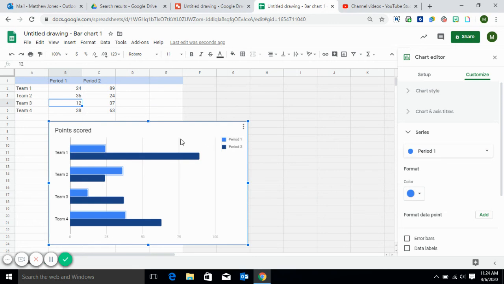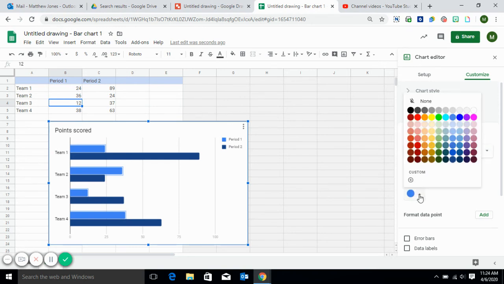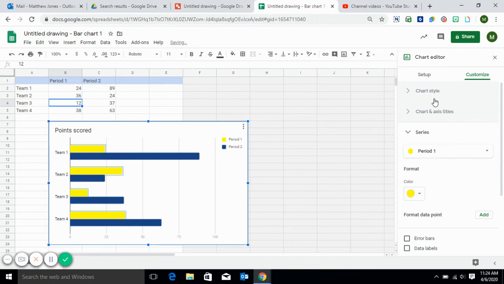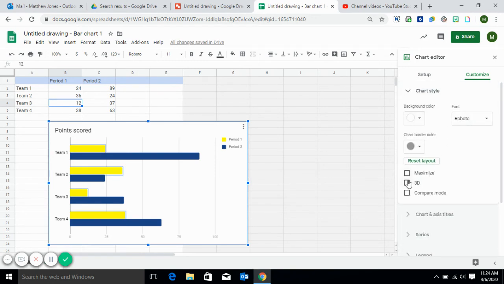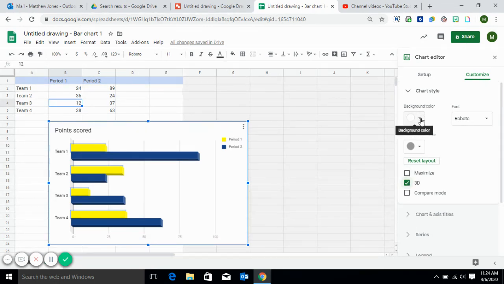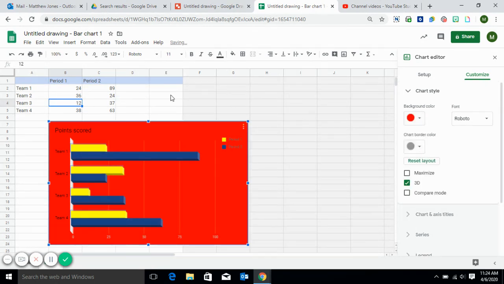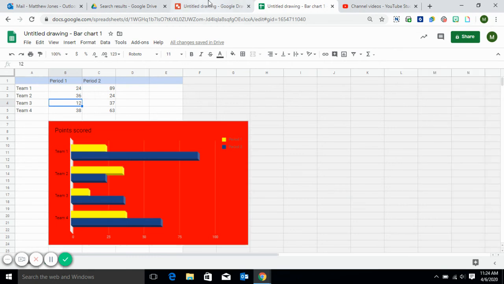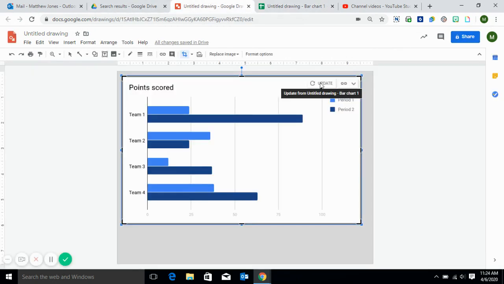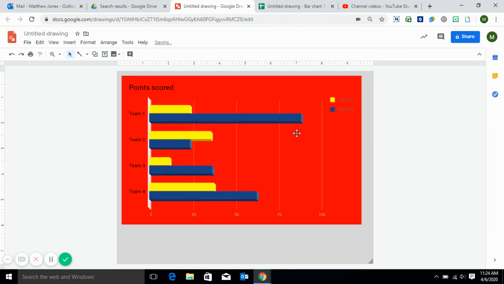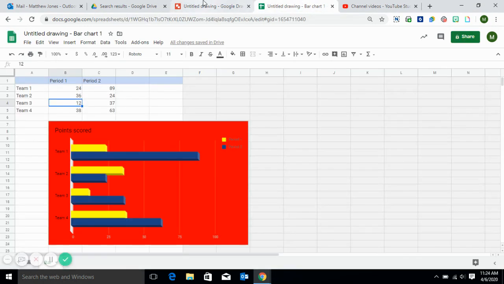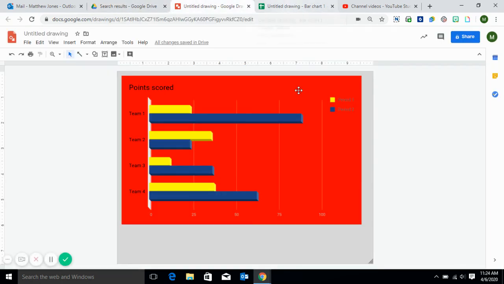So if you double click on the information here, you have the option to change your color for what you want to use for the different information that you have, different categories of that stuff. Like I said, you can do a 3D model. You can change background color, and this is all through Google Sheets. And then once you have changed this stuff, you can click update, and it'll update right there for you, which is really, really nice. And I'll show you one other option too that I've had our students do. So like I said, you work from the back end